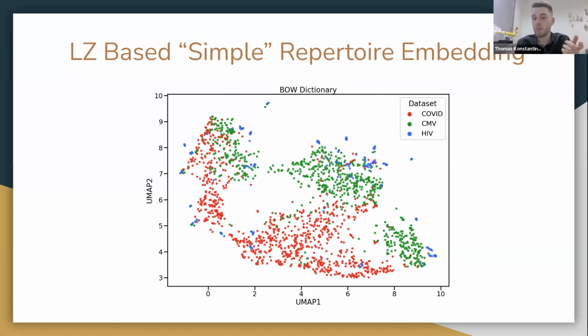or the procedure. But it's worth mentioning that the COVID one is made out of 3 data sets, right? So it's 3 different COVID data sets that were merged into one as part of the publication of a large COVID data set. Even though all 3 of them were sequenced differently, if I were to color them by data set, they would also be defined, like the red region would be kind of separated. But in general, as a whole, because all of them share the same stem, which is COVID, the small noise makes some distance between them, but they are still following the same trajectory in terms of the 2D space.